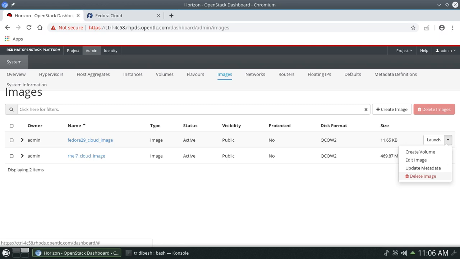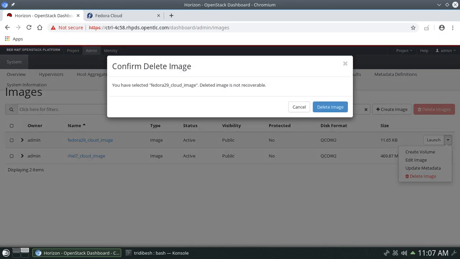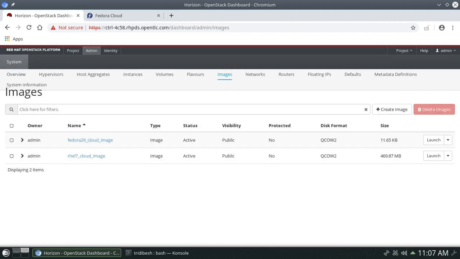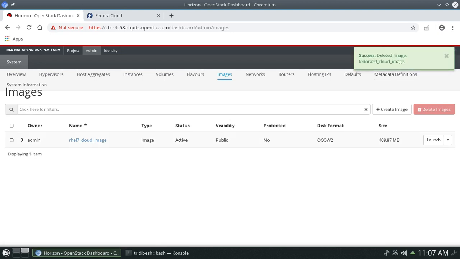So let's try that. It will give you a warning that it will not be recoverable anymore. You just say yes, so you confirm that delete image. So you will see that your image has been deleted. You will get that message, deleted successfully.